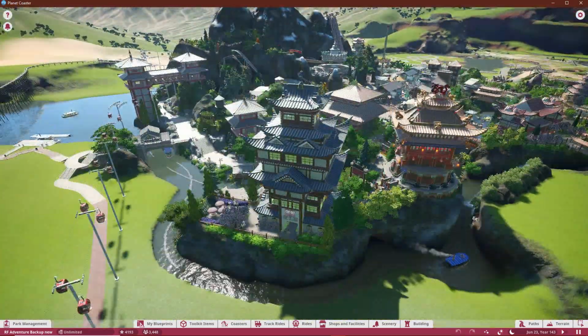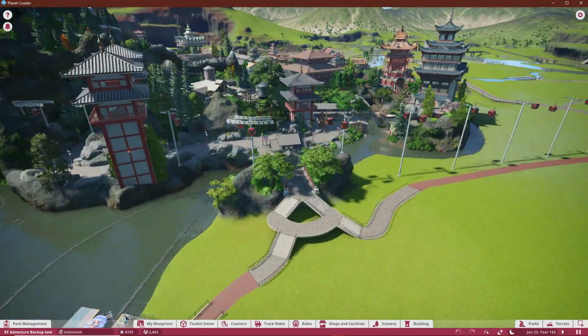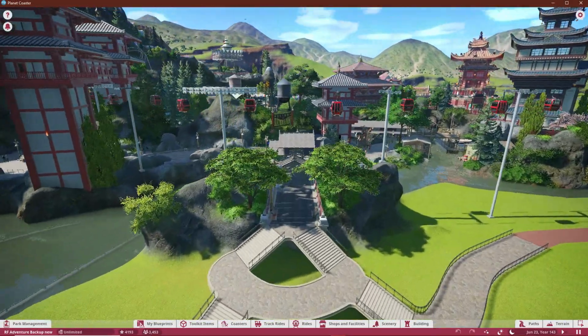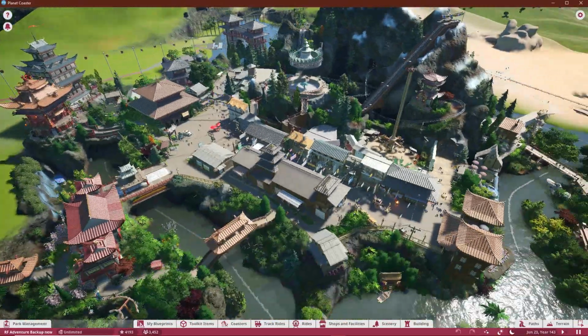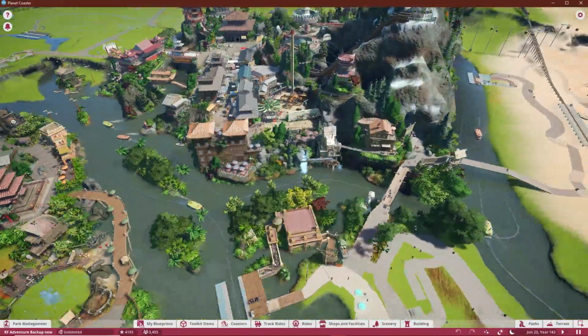The third way you could get onto the island will be from what I'm calling the subcontinent or India. There's a bridge walkway that will bring you in from the north side as well. So let's zoom back out again, and we'll take a little bit of a tour of the